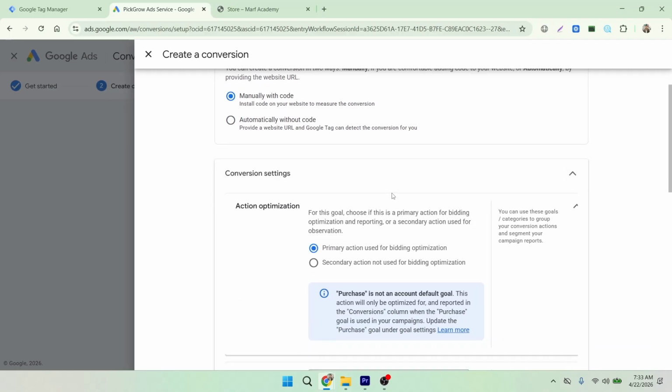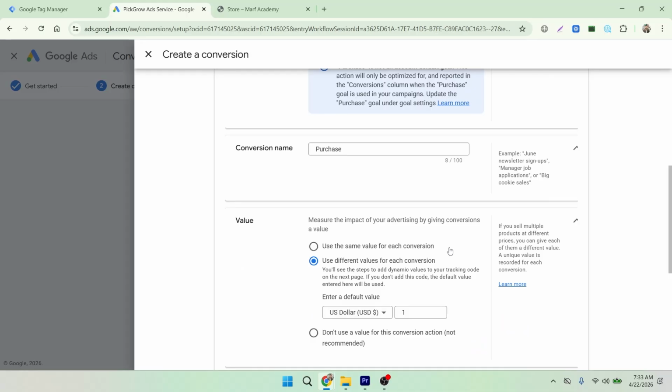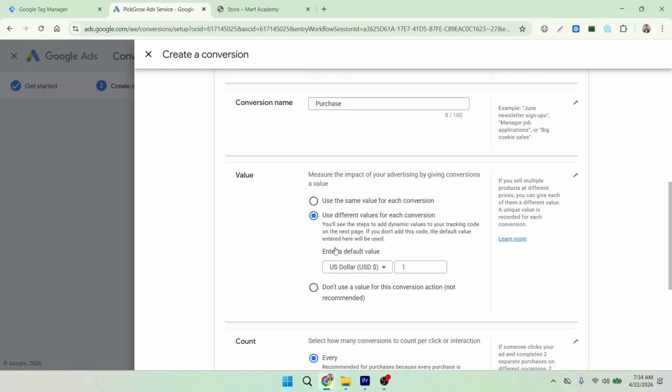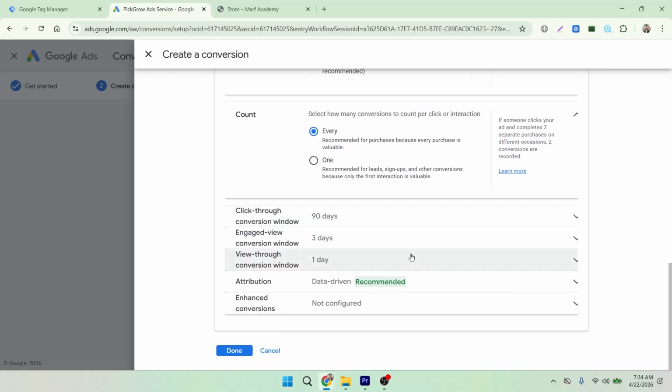So first one is action optimization. So primary action used for bidding optimization, I will vote. Conversion name will be purchase, and value we will use different. There is a default value. We can use this default value 10. So once there is no value received in Google, but they detect a purchase, they will use this default 10 USD values counts. So I will put it every count,